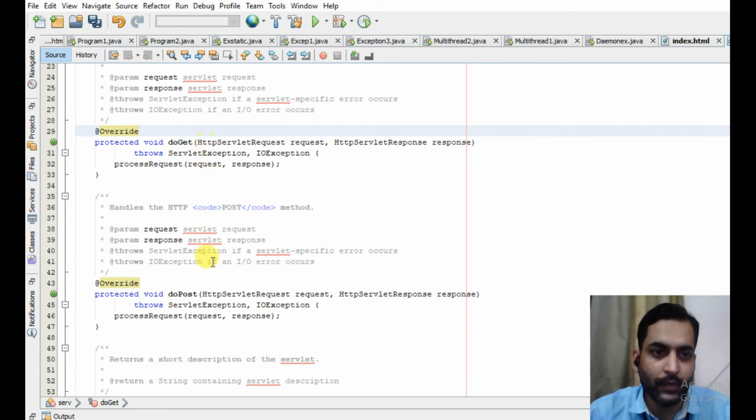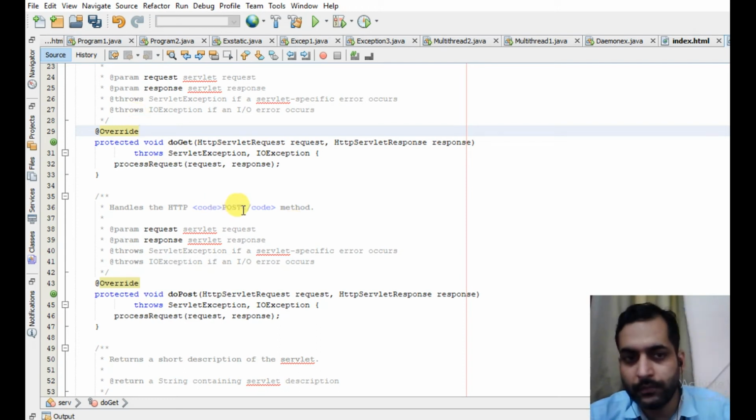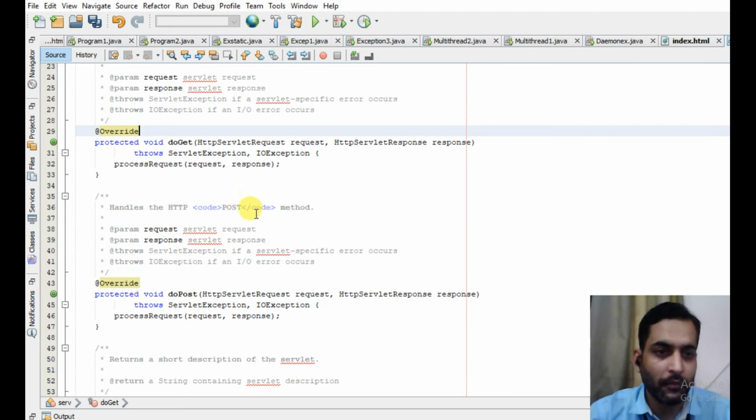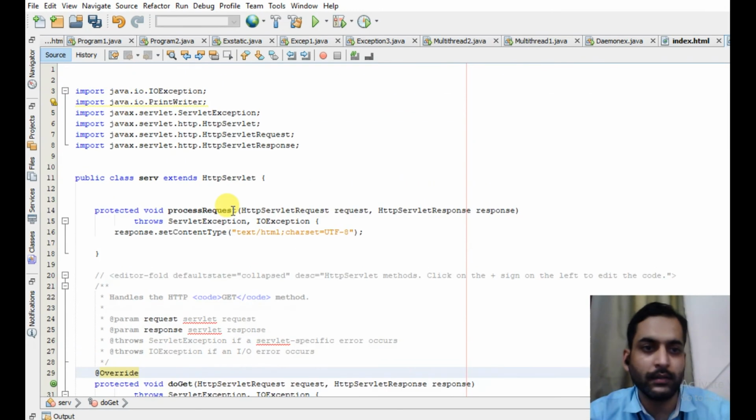See, we have two methods. Actually what happens, do get method is used to handle only the get request, and do post method is used to handle the post request. So if you don't know which method the programmer has used at the client side to send the data, you can use a third method.